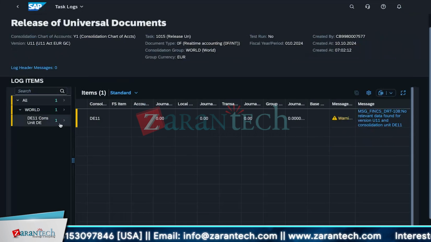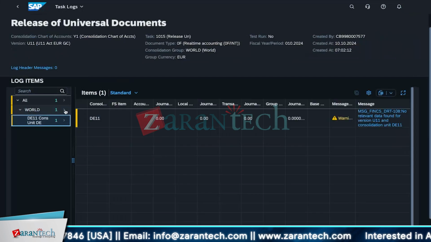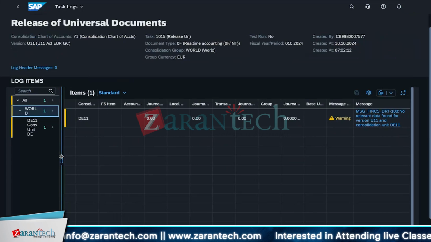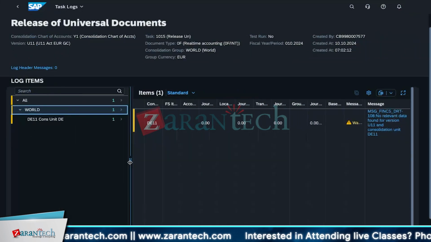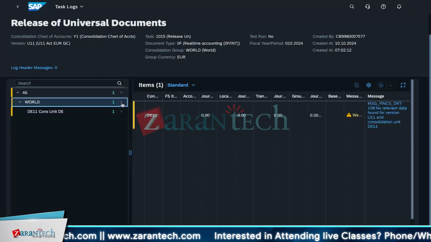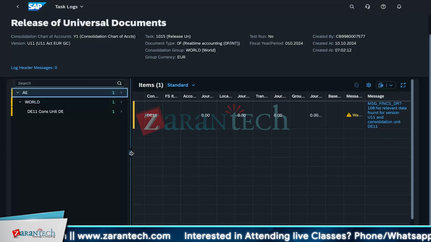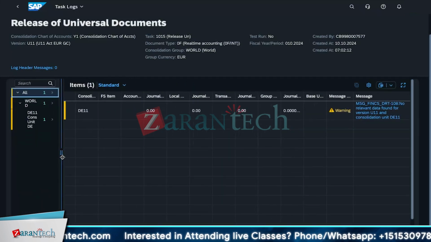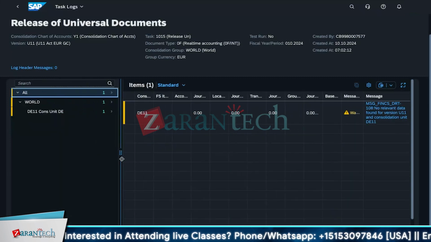Just expand this once. So we are seeing for all this one, this DE11 unit is there. Okay, then here, if you go to the